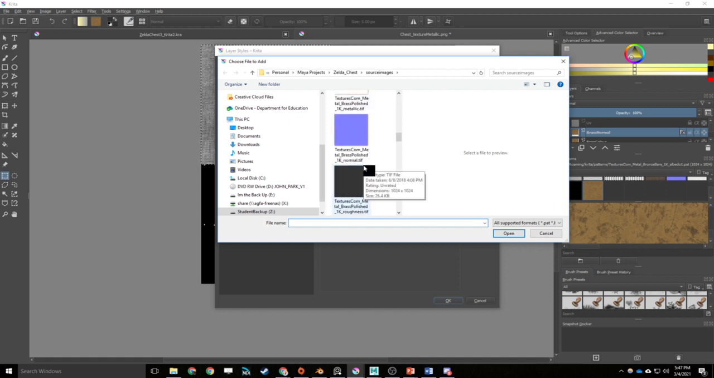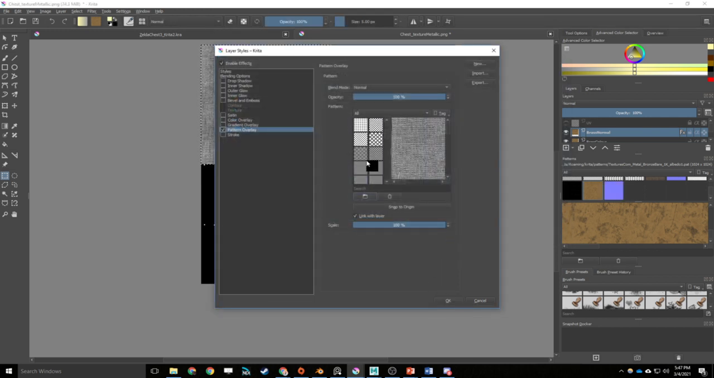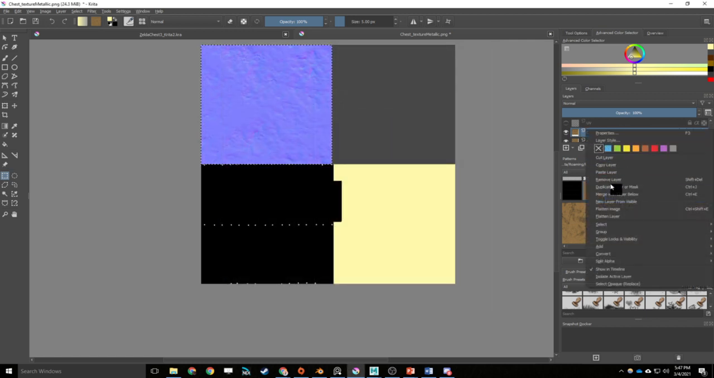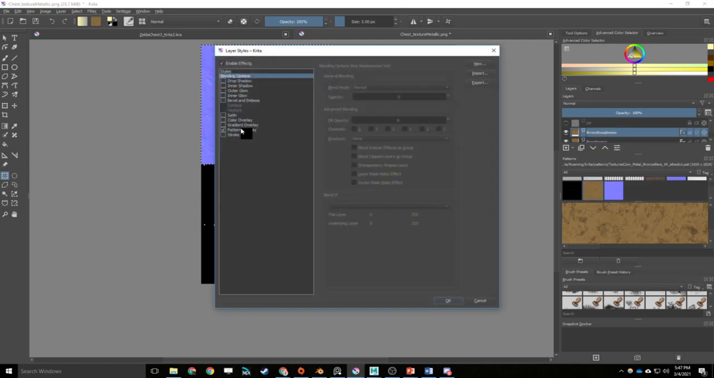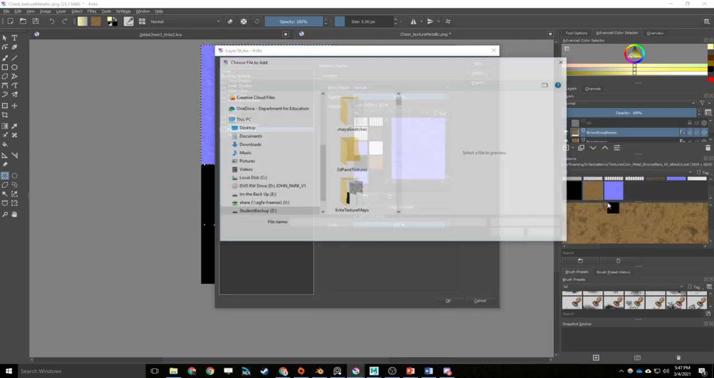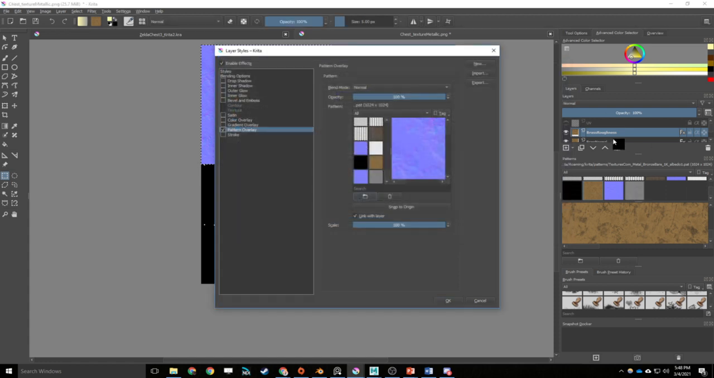So I'm going to go down, brass, that's polished, I don't want that one, I want the bronze. Open, layer style. And what we're going to have to do after we do all this is then just arrange some of these layers into different groups so that they don't collide with each other. So brass, roughness, select, okay,